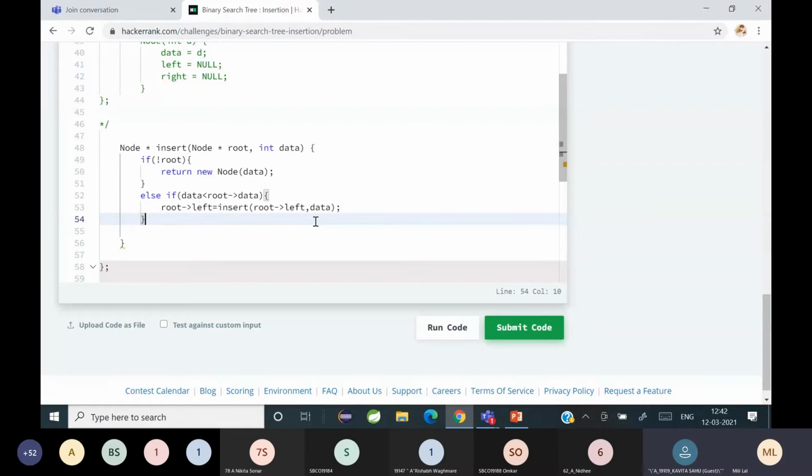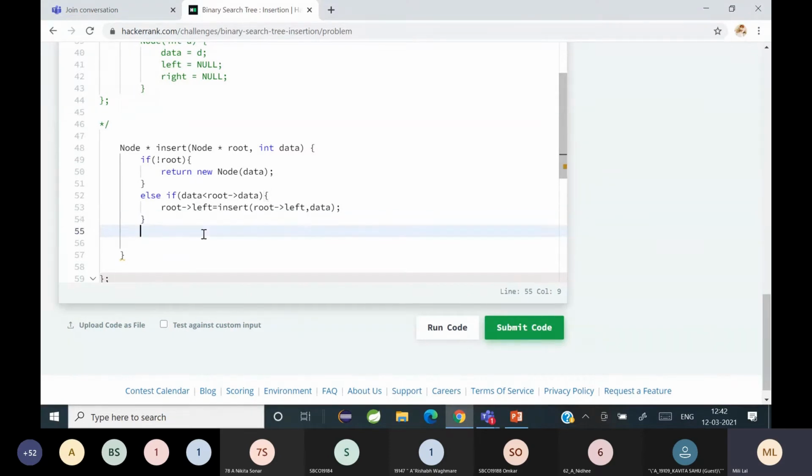So if the given data is less than the root's data, make it go to the left subtree: go to the left and insert it there. So you are recursively calling this function.